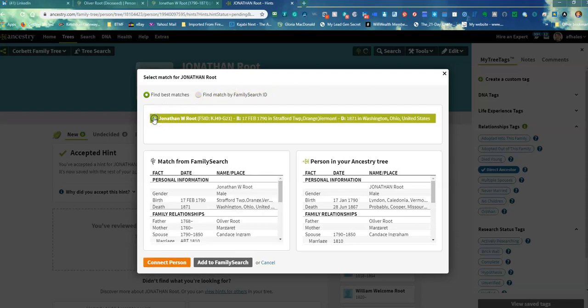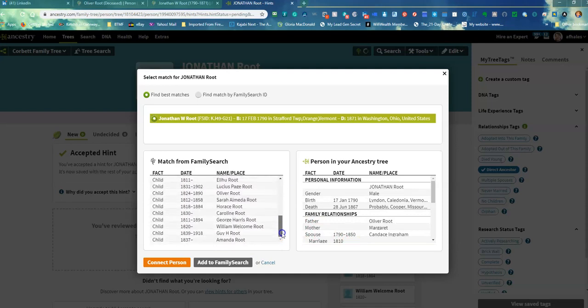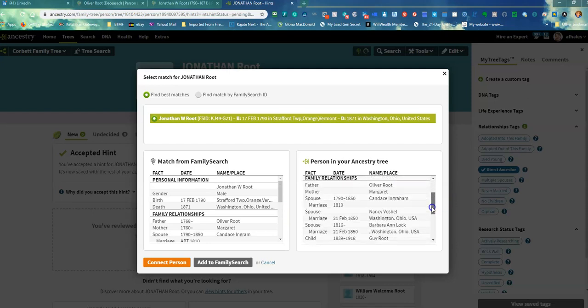So I'm going to click on this guy, and then right here I can look at this and see if it's the same guy. Sometimes you'll have 3 or 4 different choices. Just pick the one where the information is the same. So here that date's the same, pretty close there, and so everything looks pretty good. You can slide down and look at some other things down here to see if it matches. And I'm going to connect this person. So we're going to connect,